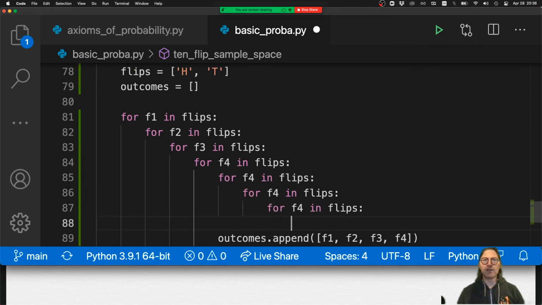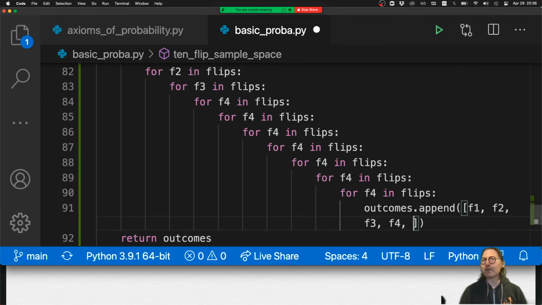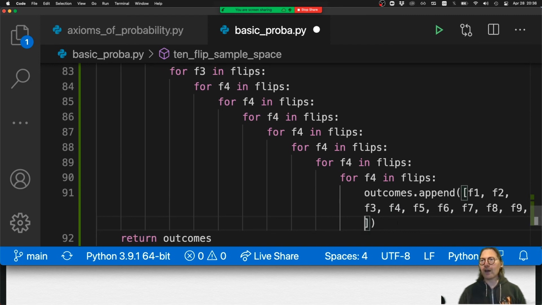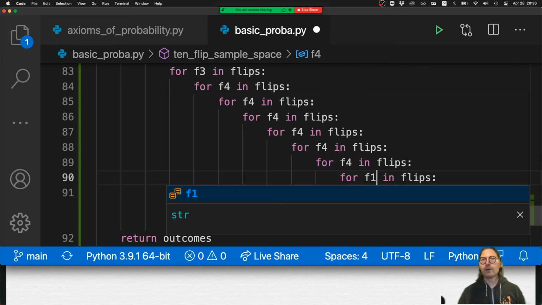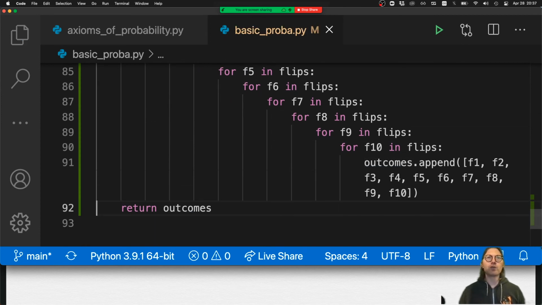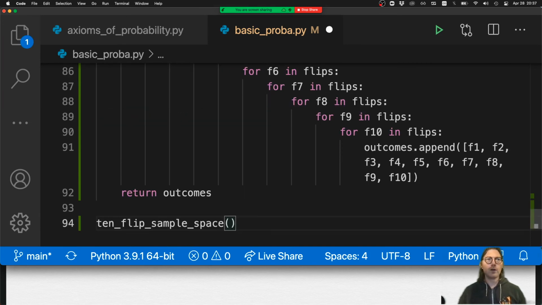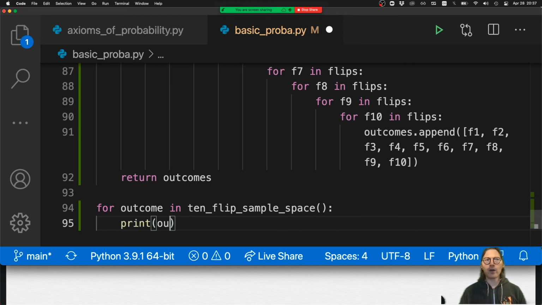So F5, F6, F7, F8, F9, F10. Okay, well, let's do that. Let's just see what happens, you know. Yeah, and, you know, I hope you're thinking about a possibly different way to calculate getting all heads in this approach, right? Instead of building a 10 flip sample space like so. So, you know, for outcome in 10 flip sample space, let's print the outcome, and